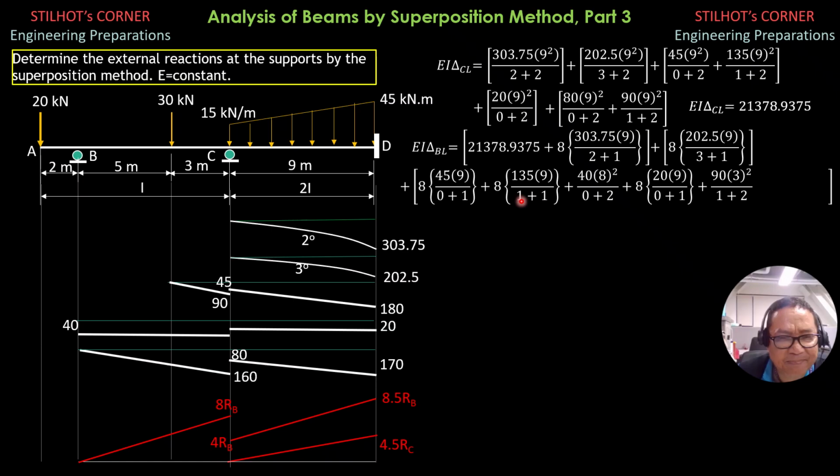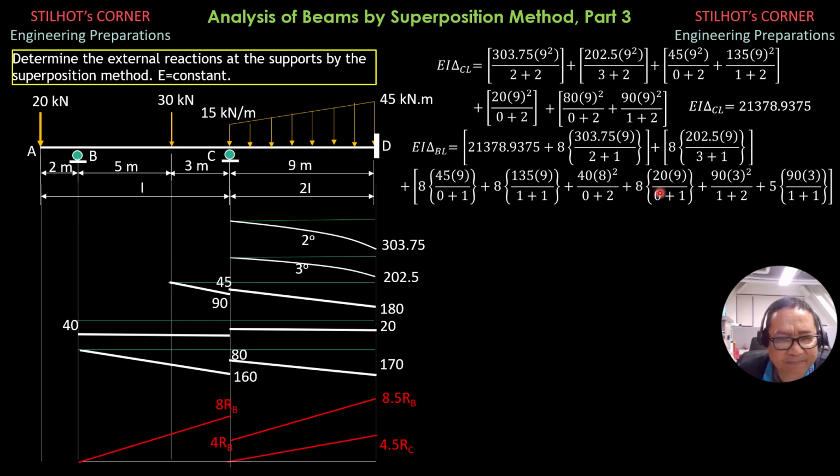Then plus, for this loading here at B, this is just deflection automatic. Moment 40, length 8, so 8 square divided by 0 plus 2, which is this. Then plus, due to this loading, additional deflection at B due to the slope is 8 times moment 20, length 9 divided